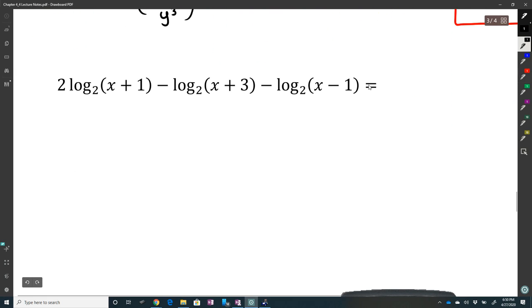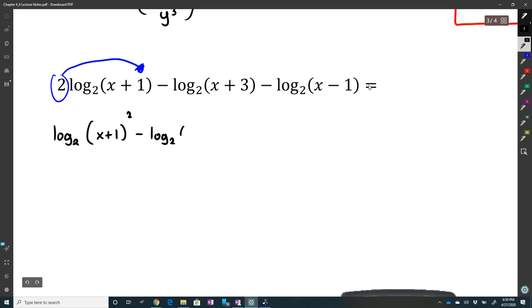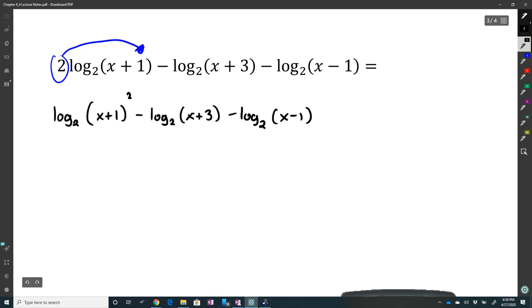Same idea. I'm going to get the 2 and bring it here. So I have log base 2 of x plus 1 squared minus log base 2 of x plus 3 minus log base 2 of x minus 1. And again, we can use the same approach. There's a shortcut to this one. Not a shortcut, but another way to do it. But I'm going to work it off the same way we did last time. The main thing here is division. So 1 log